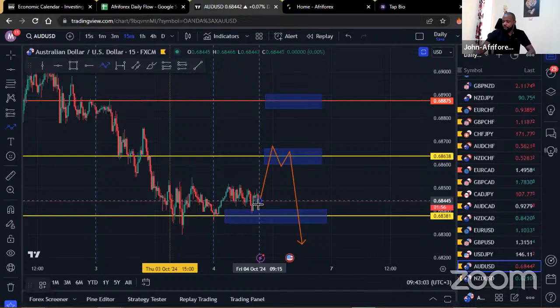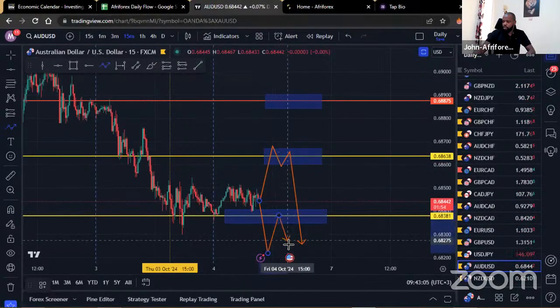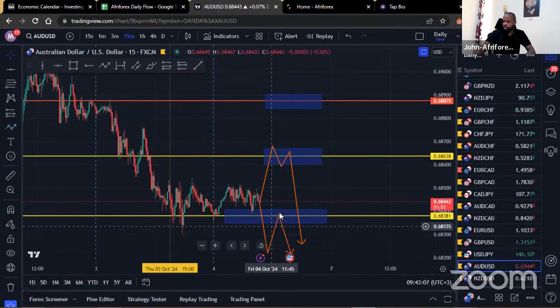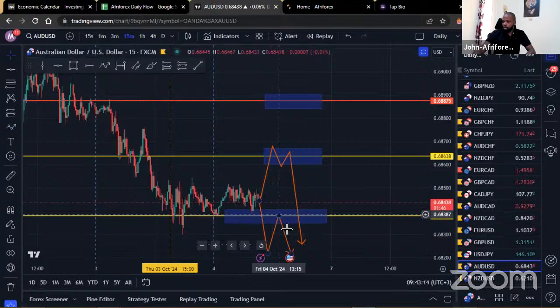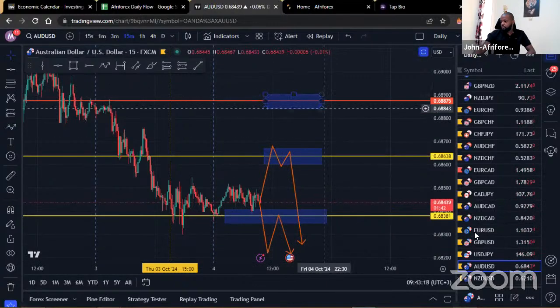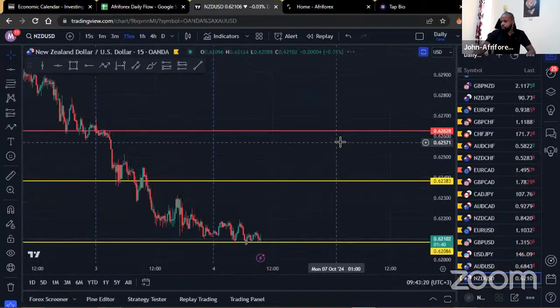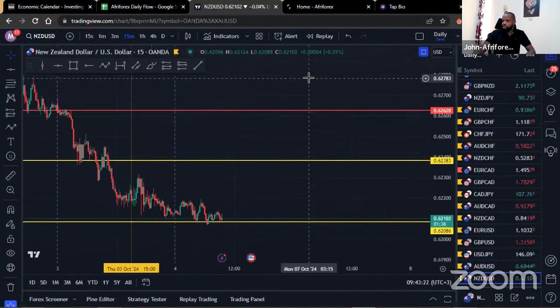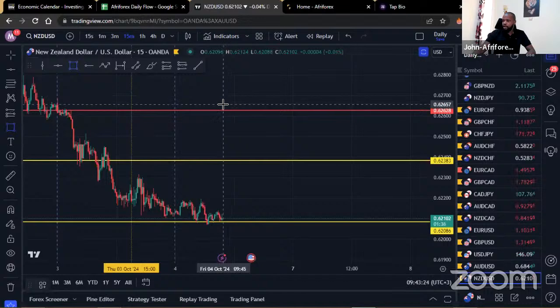Alternatively, if that doesn't happen, we'd rather clear off this region to the downside. And if that happens, then at least we could try and see whether we could get selling opportunities on the pullback, based on something we can read off this area right here, and could possibly get some sales within there. So watch out for that. Also watch out for the region at the top. Could find the market backing within that region as well. If it does, then at least you should also be ready for that.